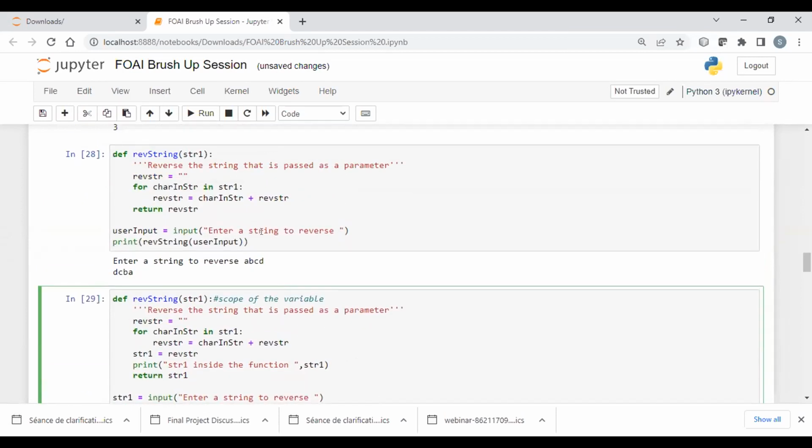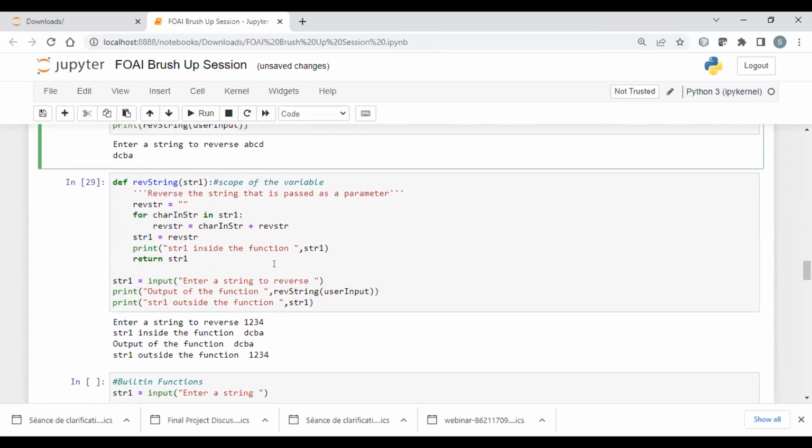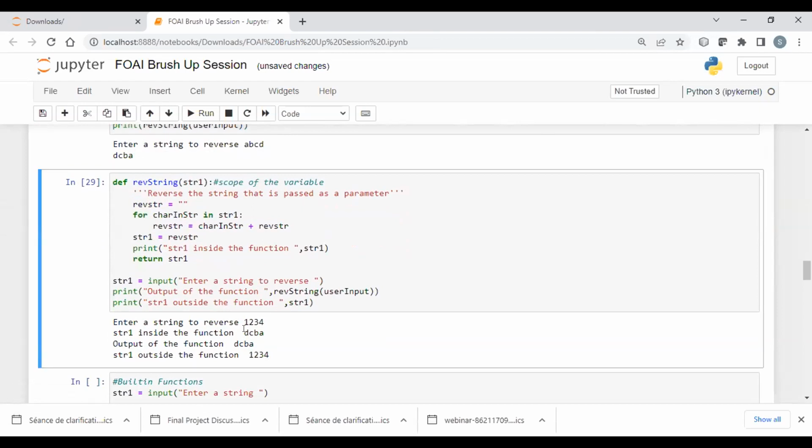What has happened, if you see, this variable already had values inside it. Last time that we created, that was ABCD, and it had reversed into DCBA. But the new string that we created, 1, 2, 3, 4, has remained the same as 1, 2, 3, 4.